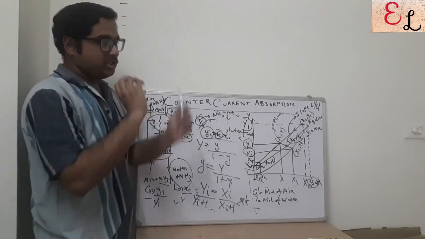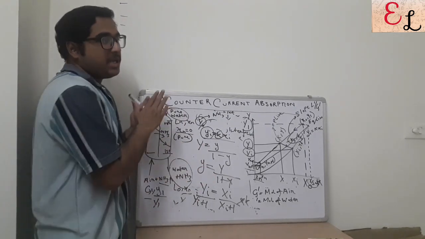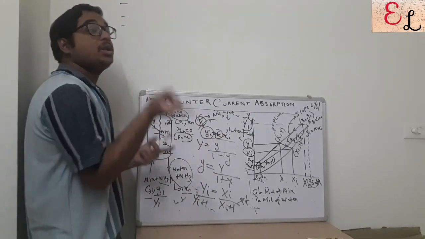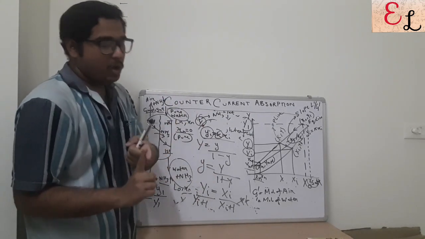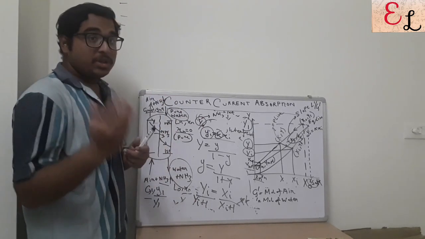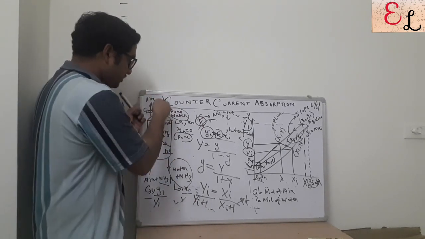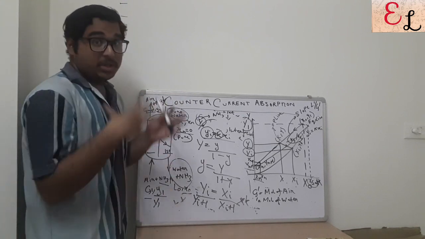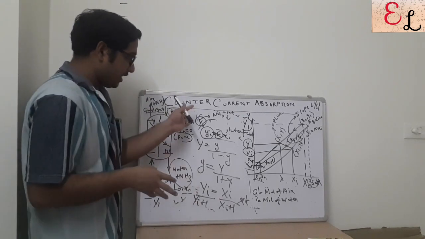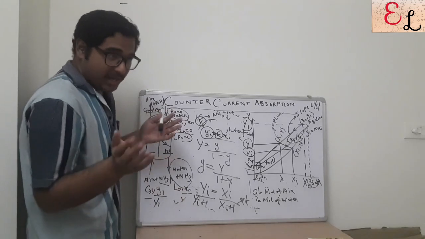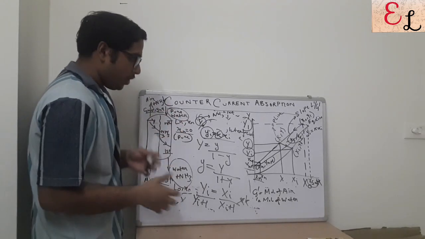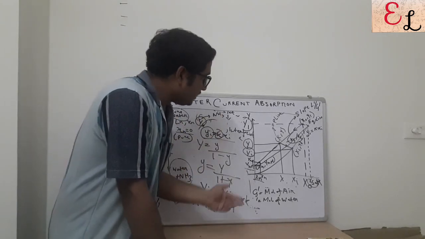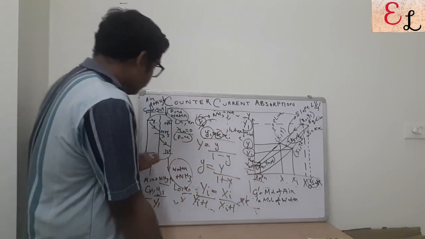When they cross each other, transfer is taking place. NH3 is going from air to water; no water is flowing to air, no air is flowing to water. So air exits with a lower mole ratio of NH3 from here, and water exits with a higher mole ratio of NH3 here than compared to here. Since it had no NH3, NH3 has got transferred from air to water, and in the process we are seeing that what is happening is, at this point of time,